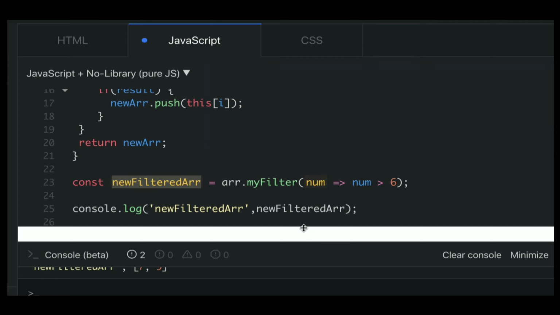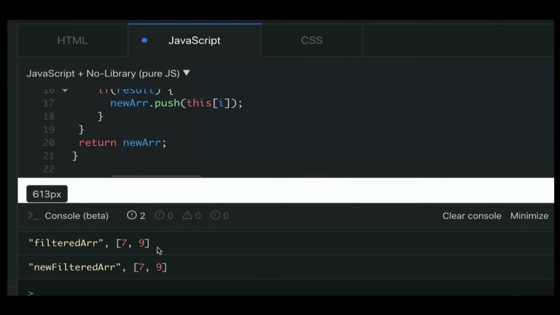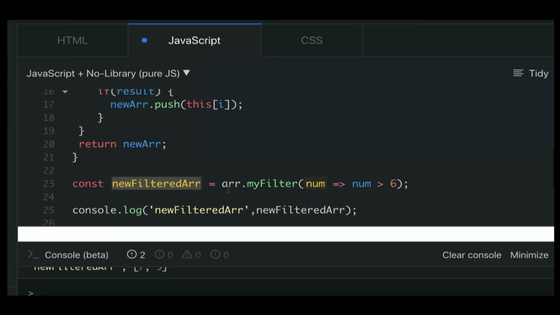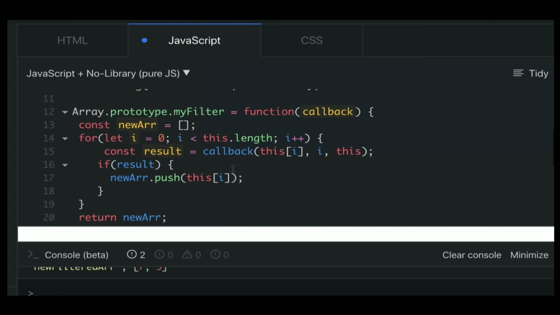Now let me expand it and show you. So this was the previous one and this is the new filter array. In the new filter array, the result is similar to what we had previously. So that's why we can say that this polyfill is working similar to what the predefined filter function was doing. Now, to check how we can utilize these fields, or whether there is any use case for them, and whether these arguments are useful or not,